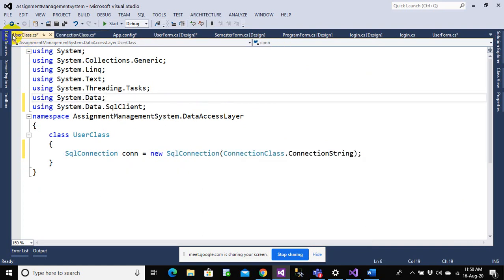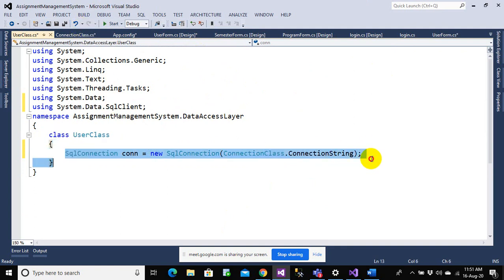Now, in order to manage the user, I have a user class. If I have a teacher, then I'll create a teacher class. If we have a unit, then I'll create a unit class. If I have to manage assignments, then I'll create an assignment class. For everything I'll create a corresponding class. For now, I just want to manage the user, that's why I created a user class. But in order to make an insert, update, or delete operation in the user class, I have to make a connection.